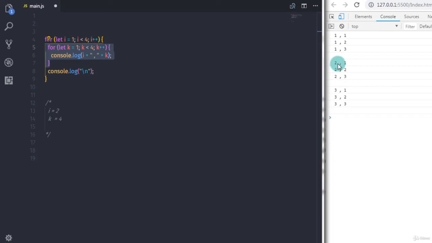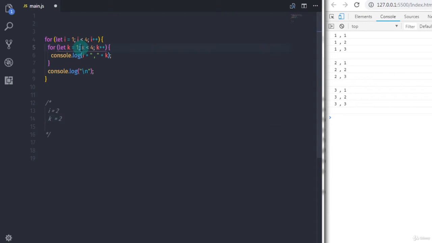So you will get 2 on the console and print 1, 2, 3 again. So this loop will execute 3 times again, right? So now you have 1 in the k variable and 2 in the I variable. So you will get 2 and 1 on the console, right? After that, the k++ operator will increase the value of the k variable and k becomes 2,